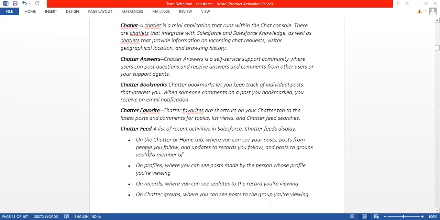Chatter favorites. Chatter favorites are shortcuts on your Chatter tab to the latest posts and comments for a topic list view, Chatter feeds search. Chatter feeds: a list of the recent activity in Salesforce. Chatter feeds display